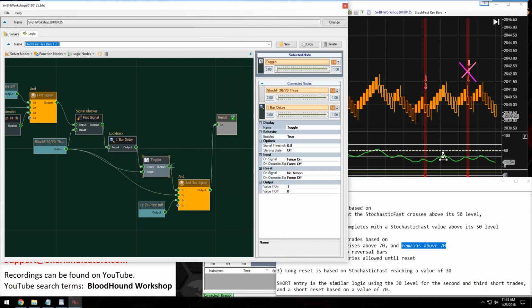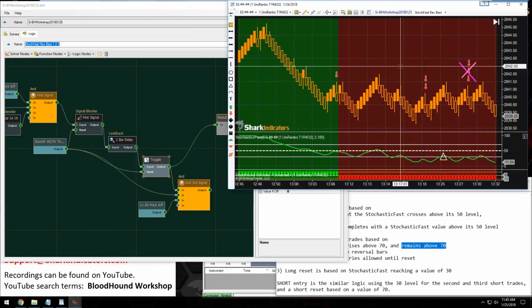Remember, think of the toggle node as a permissive. Once we get our first signal, we turn the toggle node on as our permissive to now